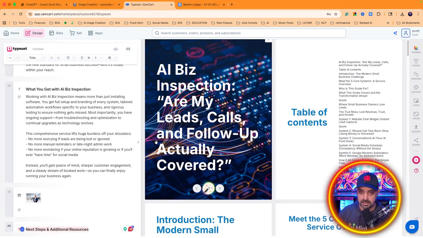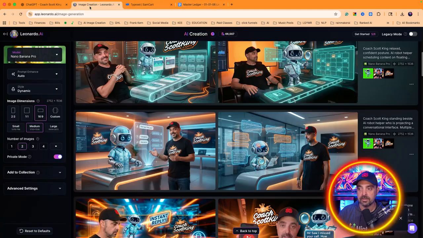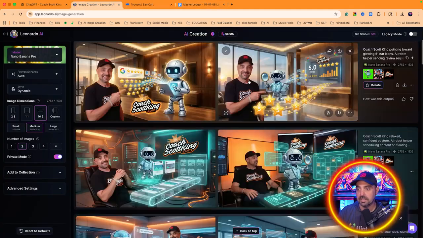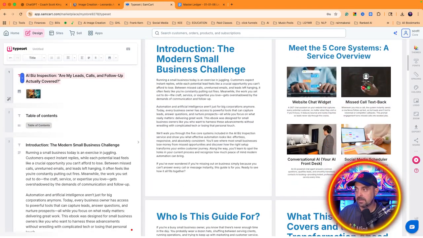Okay, now you can see while I was generating personalized images on the other website, Leonardo AI, now I have a PDF that all I have to do is plug and play the images that it generated for me. So on the first page, we have AI Biz Inspection. Are my leads, calls, and follow-ups actually covered? So what I can do is go back to my first original image and then implement that. And that's pretty cool that it gives you a table of contents,